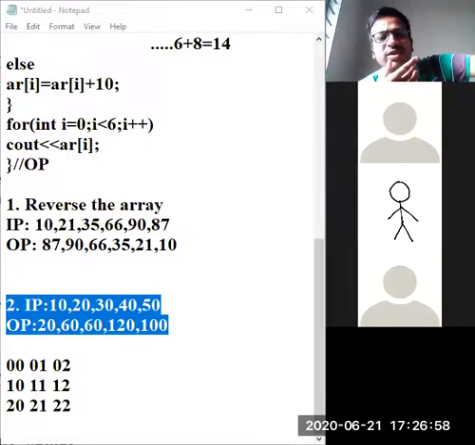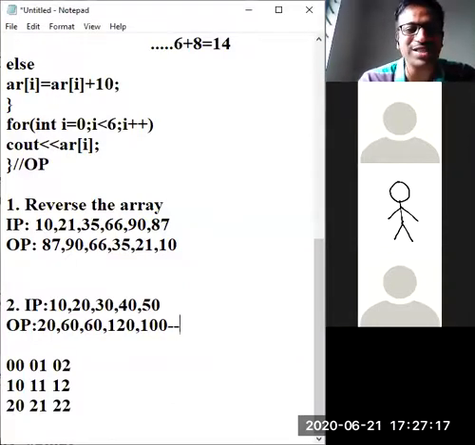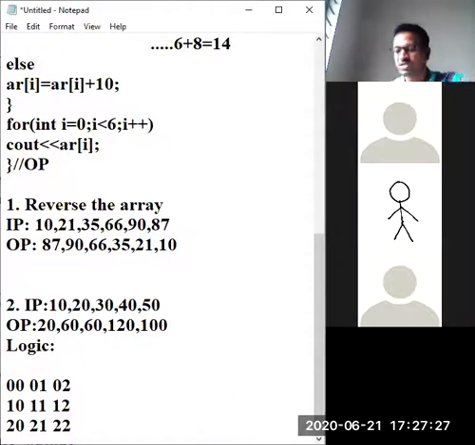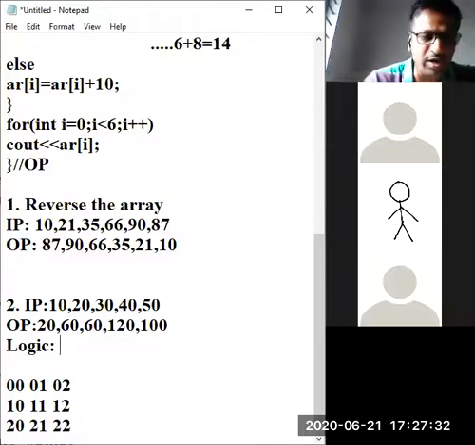You have to get this. I thought one of you would be sparkling. 10 multiplied by 2 is 20. Even positions are multiplied by 2, odd positions are multiplied by 3. No great logic. Why are you thinking like that? The logic is, I will write it here. At least write a program for this. I have given enough programs in class, and I have taken a lot of time telling that program. You have to write the program for this.